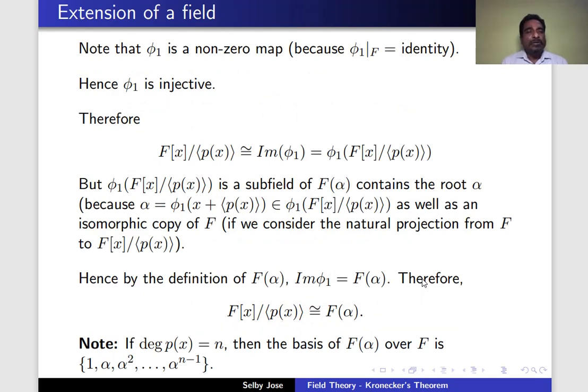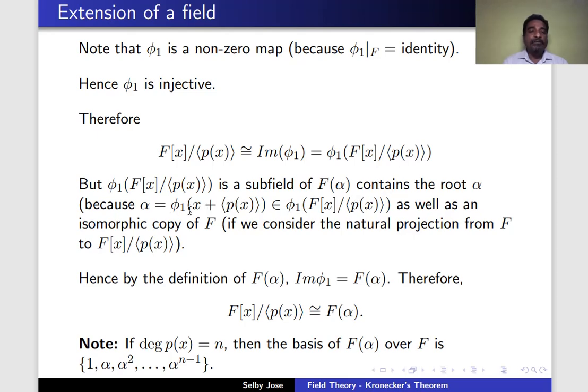Now, note that this φ1 is a non-zero map because φ1 restricted to F is the same as φ restricted to F, which is equal to identity. And we know that φ1 is a map from a field to another field, and it's a non-zero map, therefore φ1 is an injective map. Therefore, F[x] mod the ideal generated by p(x) will be isomorphic to the image of φ1, and the image of φ1 is the same as φ1 of F[x] mod the ideal generated by p(x). And we can see that this image is a subfield of F(α),